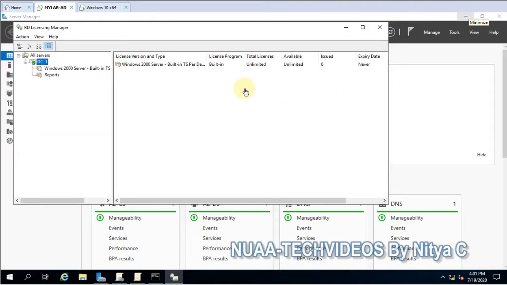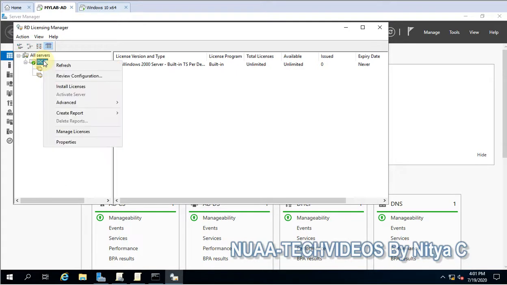So this server is completely set up for issuing the licenses, and this is available for 120 days. And once you have the licenses, you have to install the license from here, but make sure you have an internet connection. And that will be one agreement key which is given by Microsoft.